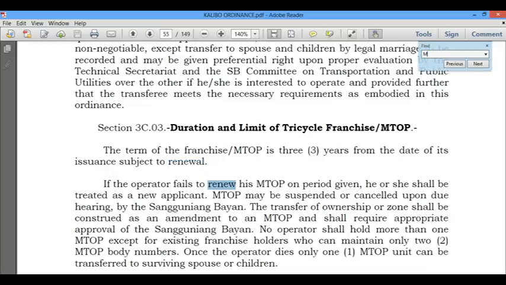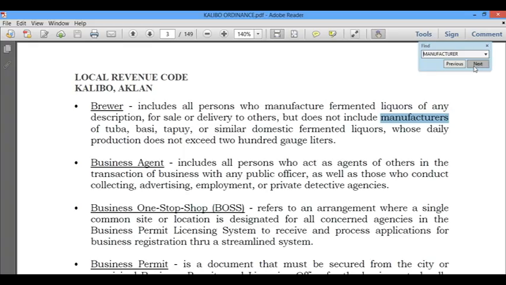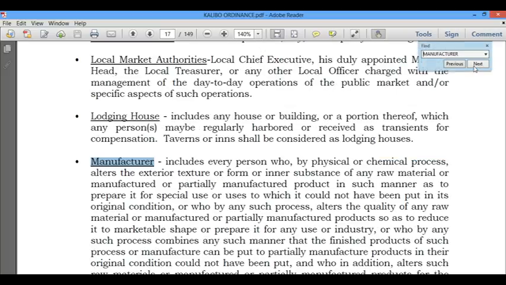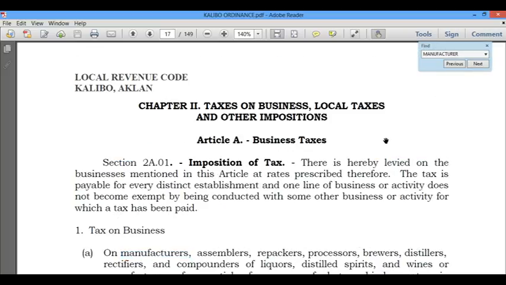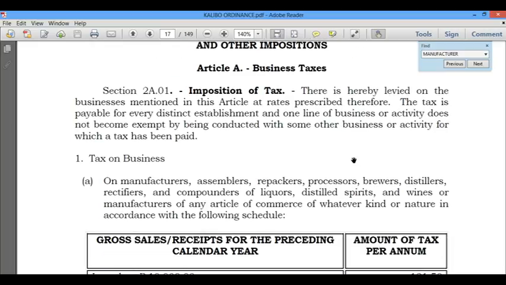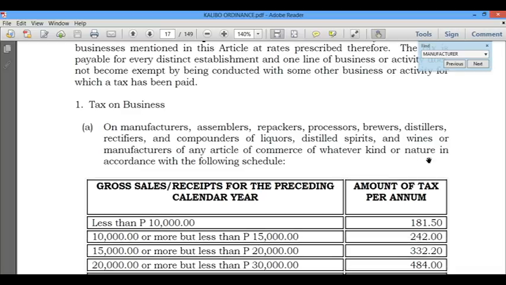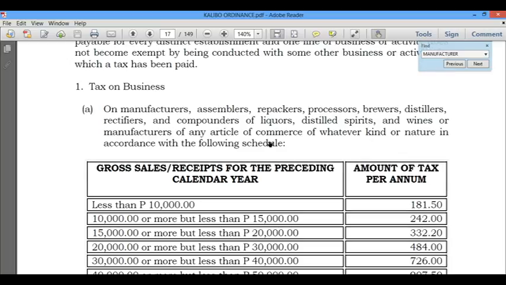We'll try manufacturer. Okay, here. So it says here the taxes on business taxes. Okay, so it says here on manufacturers, assemblers, repackers, processors, brewers, distillers. Okay, so basically there's several